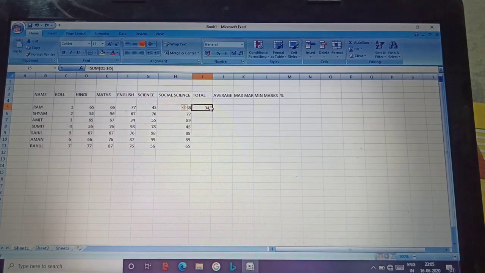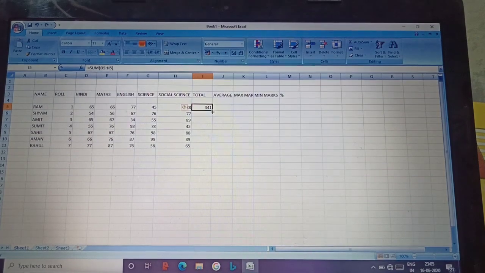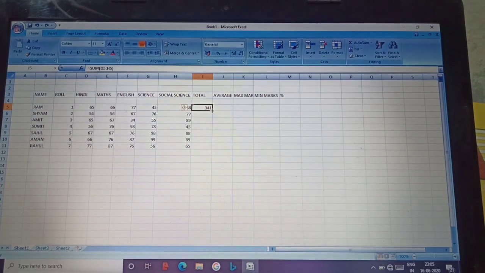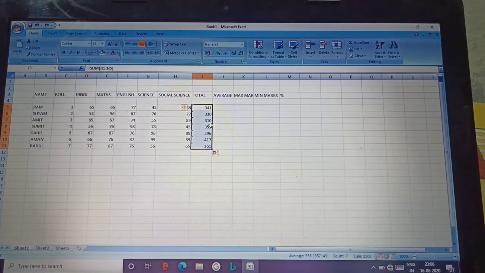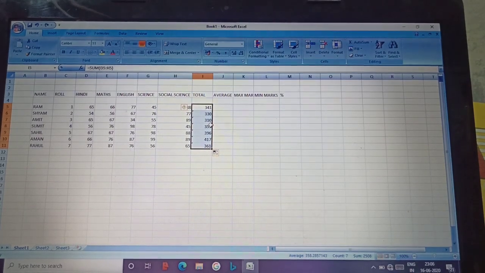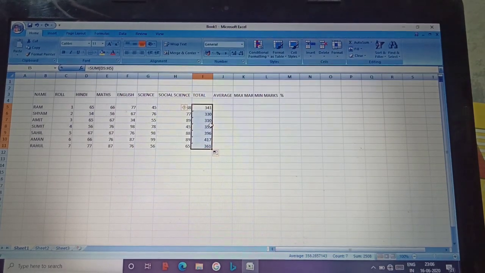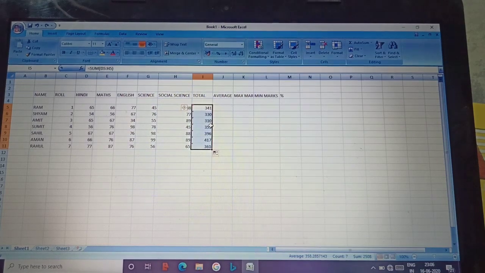Once the formula is written in a particular cell and we get the correct result, we will use AutoFill. This is a feature we can use here also. AutoFill changes the formula according to the cell reference.